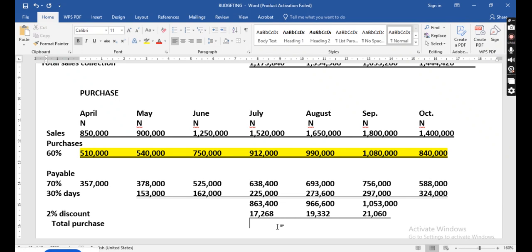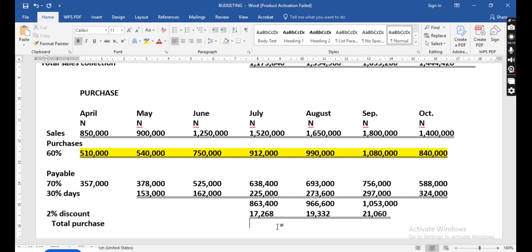Okay. Well, what I can say is since they already gave us what to use, that our purchase is 60% of sales. So this 60% now, this purchases on its own it is 100%. It's just that it is 60% of the sales. But the figure we arrive at is the purchase amount, and that is 100%. So I think we have to use this purchase. But on the other hand, the payables are in July, and we have the accumulation of numbers like 70% and 30% from different months. Of the total purchase price.